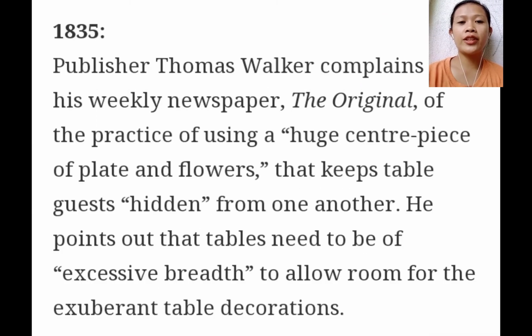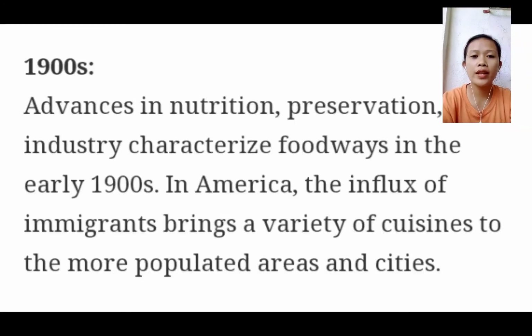In 1835, the practice of using a huge centerpiece of plate and flowers is published by Thomas Walker in his weekly newspaper called The Original. It points out that tables need to be of excessive breadth, which keeps the table guests hidden from one another. So in the 1900s, advancements in nutrition, preservation, and industry characterized foodways in